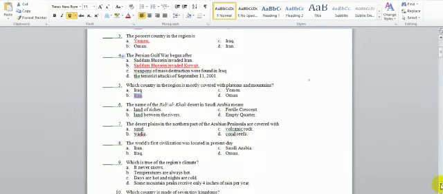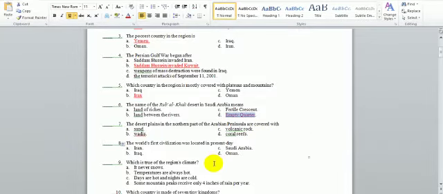Number 6, the name of the Rub al Khali desert in Saudi Arabia means, I think we are all Arab and we understand the meaning, empty quarter. Empty quarter. Number 7, the desert plains in the northern part of Arabian Peninsula are covered with,